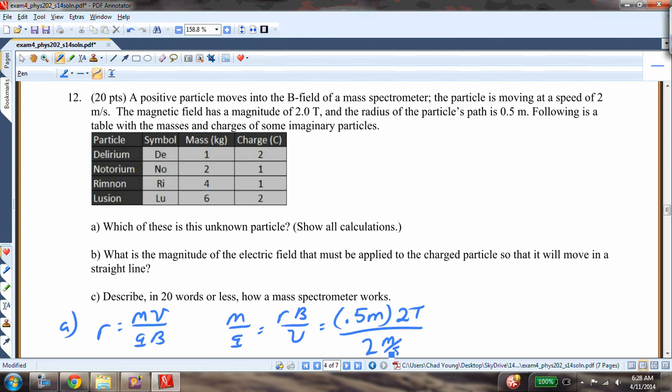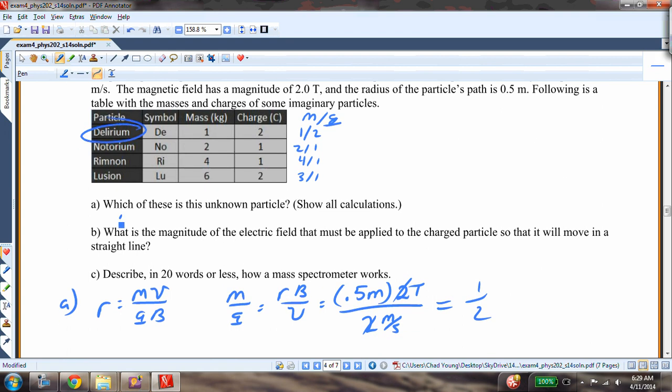Now, given these numbers are not realistic, obviously, a 2 Tesla magnetic field is quite large. A 2 meter per second speed is quite small rather. So I just did this to make the numbers quite easy. So a mass to charge ratio of 1 to 2. Now I want to find which of these has a mass to charge ratio of 1 to 2. All right, here we go. 1 to 2, 2 to 1, 4 to 1, 3 to 1. So deuterium is the right